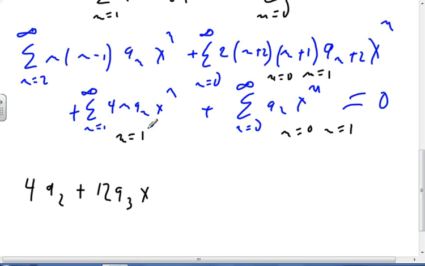I'm going to take n equal to 1 out of this guy, and I'm going to have plus 4 a1 x. I'm going to take n equal to 0 out of him, plus a0, okay, plus 0, plus a1 x, okay, plus